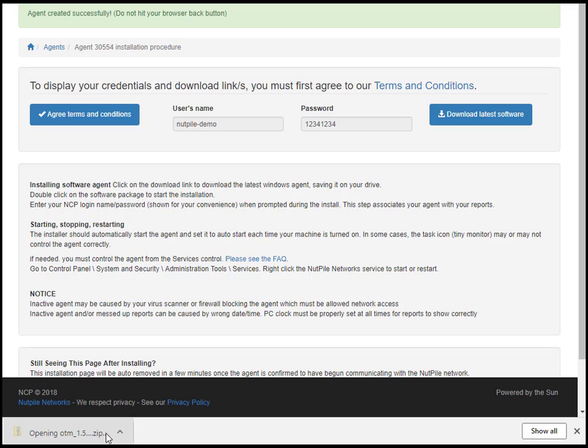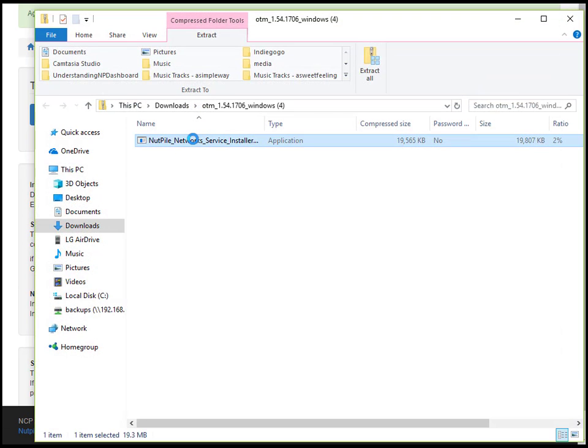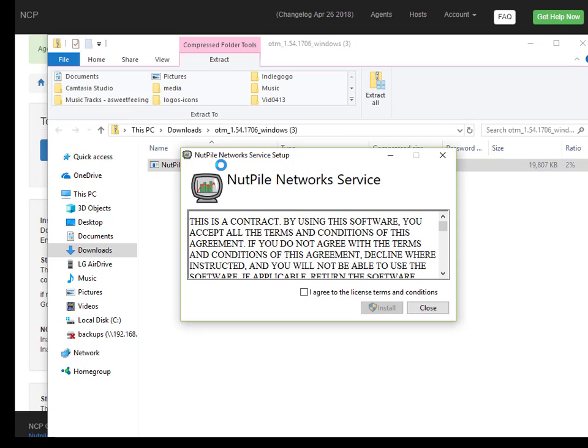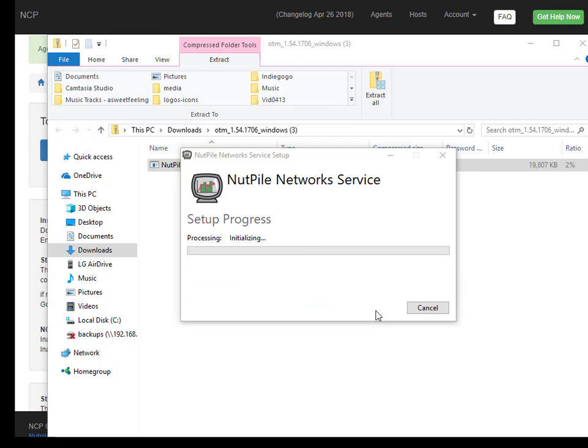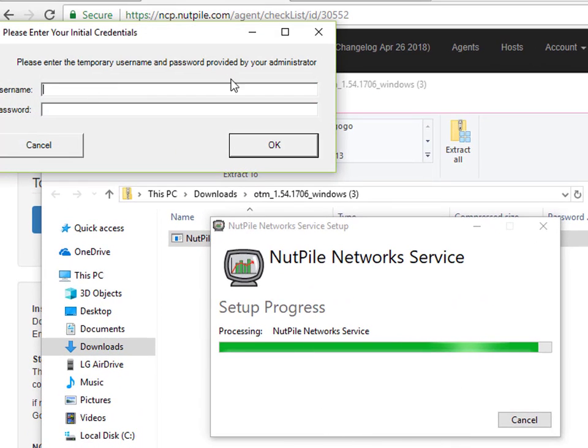When the software is done downloading, double-click on it. It should open up the download folder on your desktop. Double-click on the NutPile software, and it will begin to install. During the installation, you'll be asked to enter your credentials that you created earlier on, so enter your username and